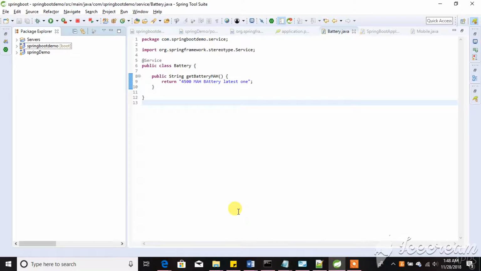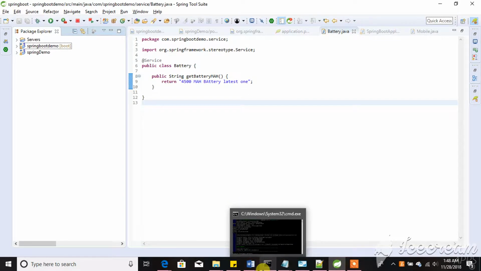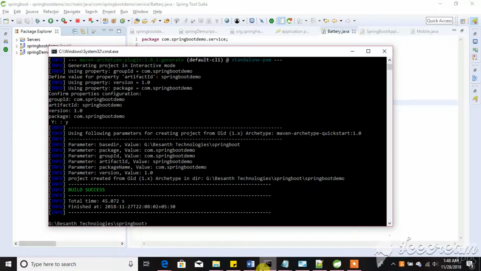We will create a Spring Boot with Spring JDBC application. For that, we will create another new Maven project. It could be through the command line: mvn archetype:generate